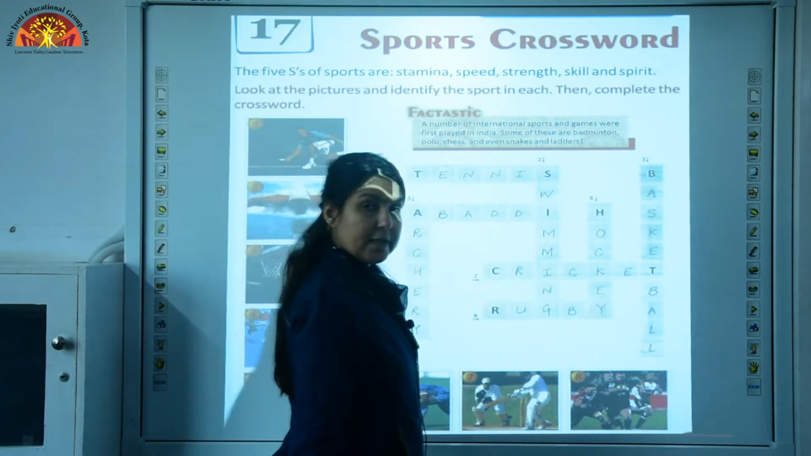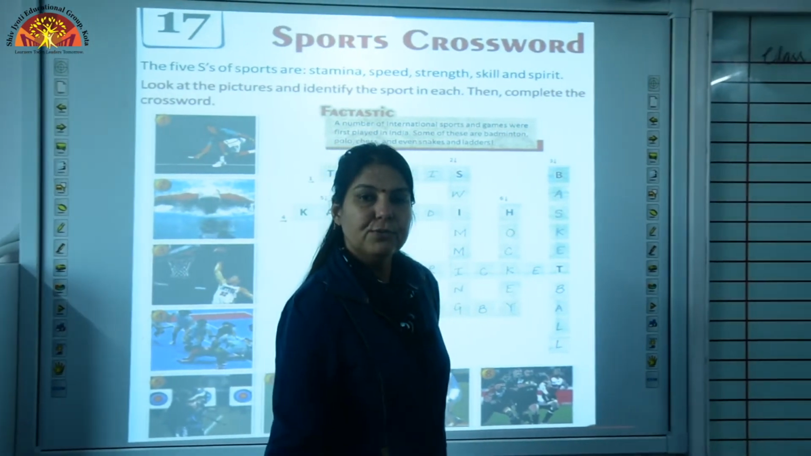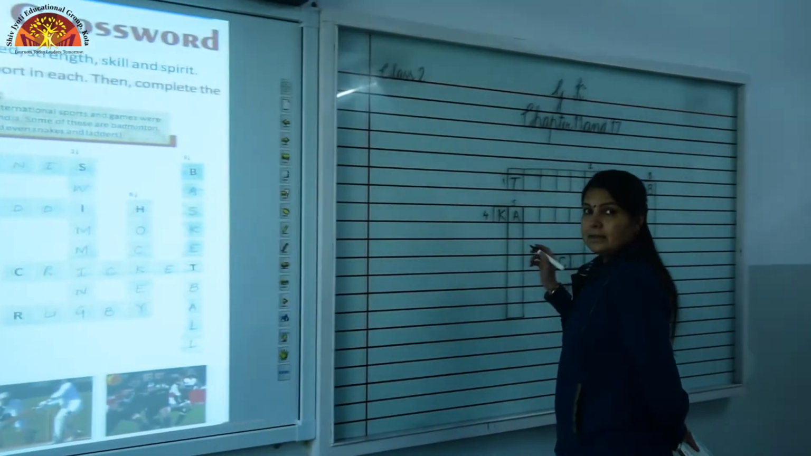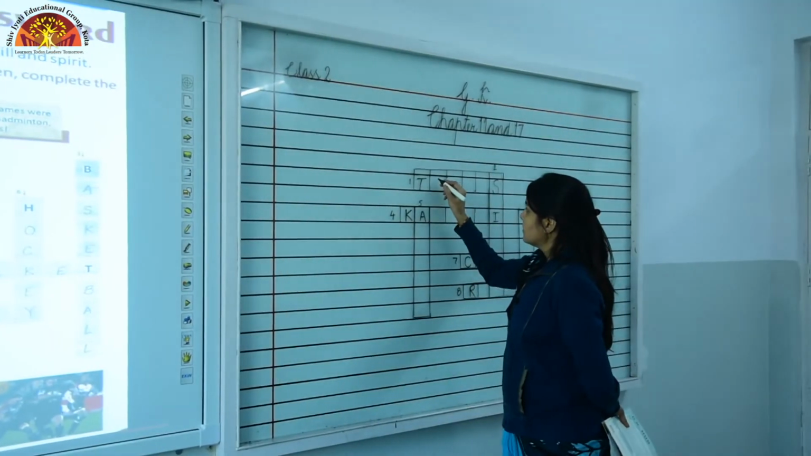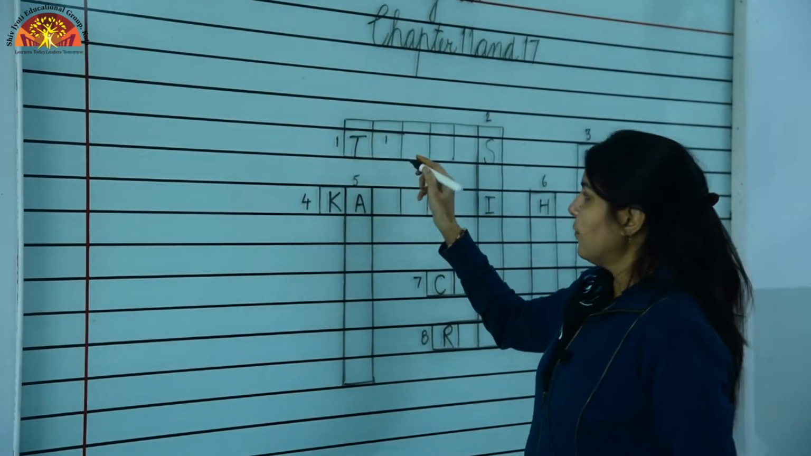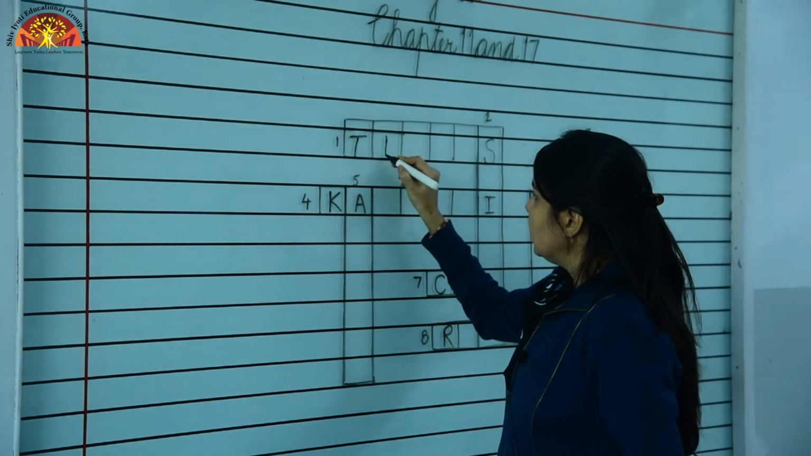This sport is played by 2 or 4 players. So here we will write the spelling of tennis. T is already written here. So we will start from E,